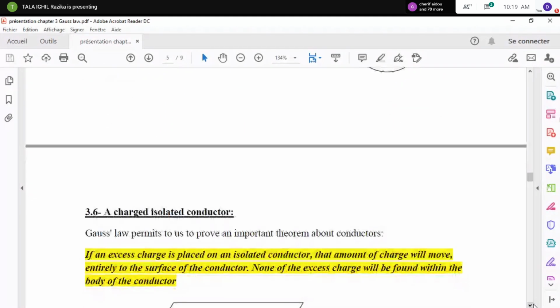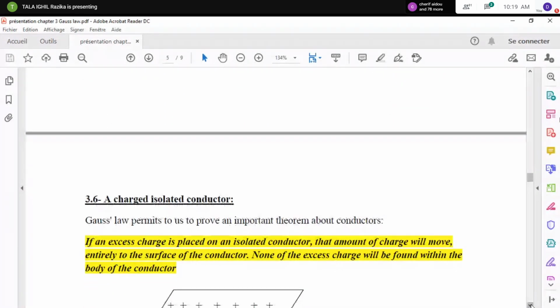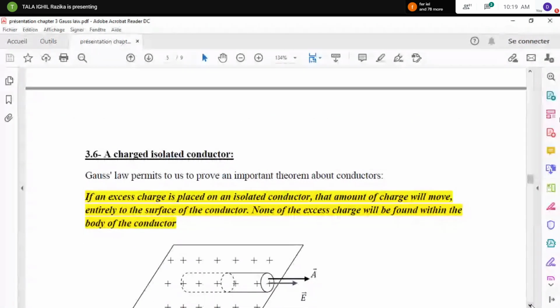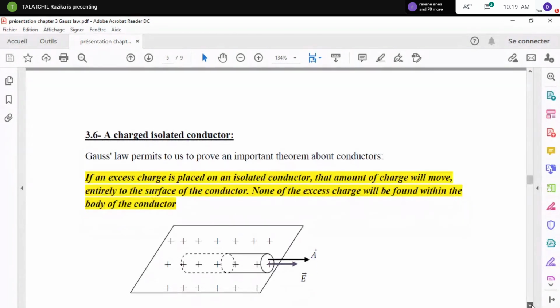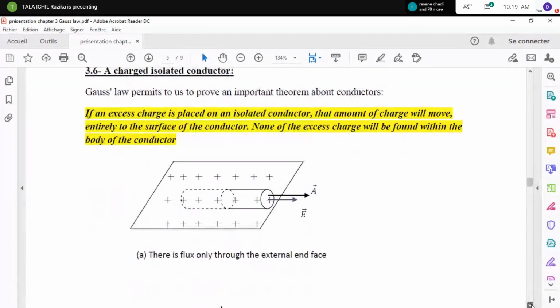Now, the most important idea in Gauss law is that an isolated conductor will not have charge inside it. Just remember this. It is important: if you have a conductor that is isolated, there is no charge inside it all the time. So we will apply this law